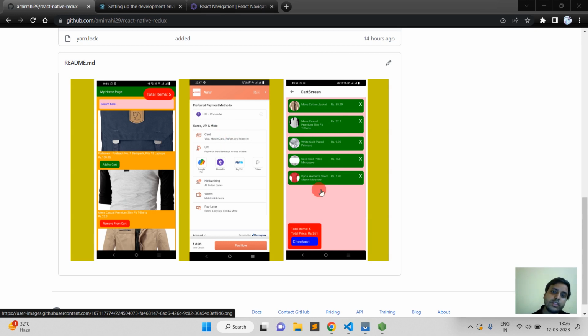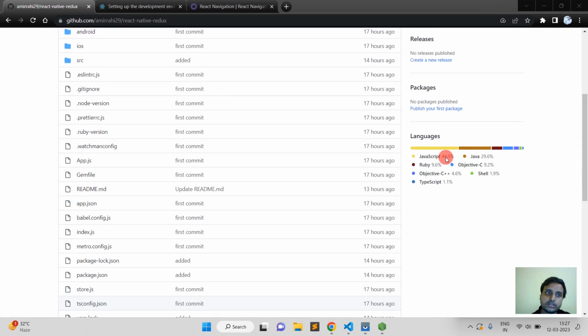And when the user hits the checkout button, they will navigate to the RazorPay screen, and the user will have to fill in all the details like card detail, UPI detail, and then they can pay. After the payment is successful or fails, they will navigate to the success or failure page. Okay,